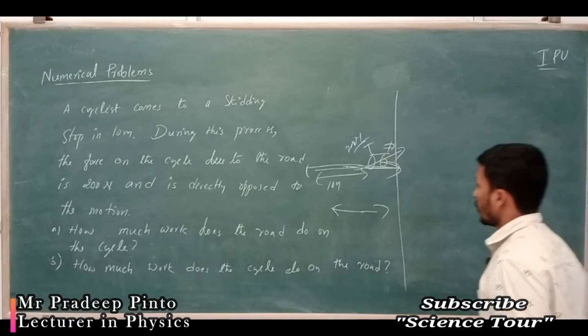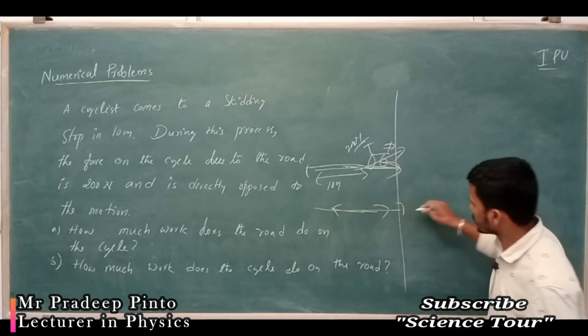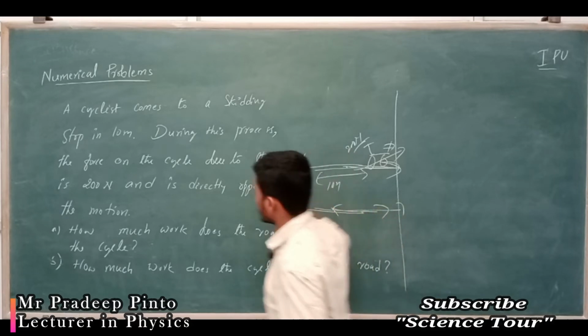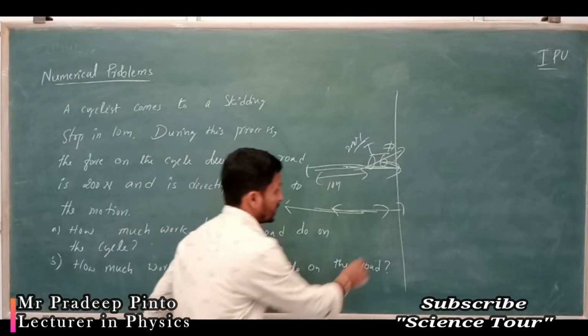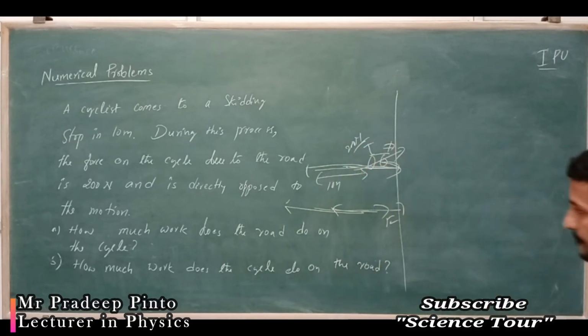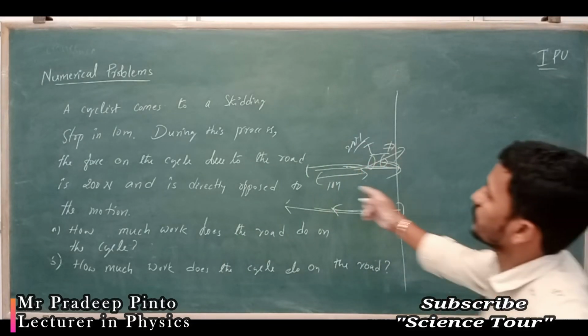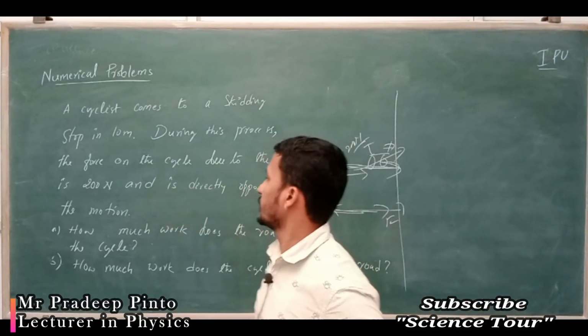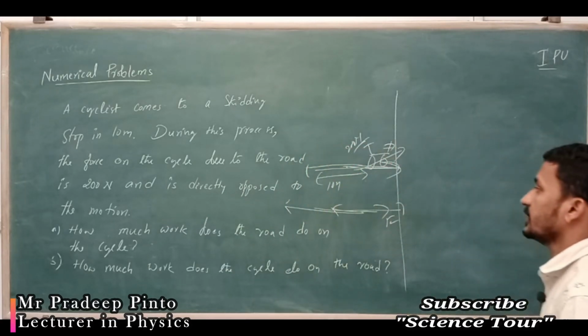So the road will be applying the force in this way, and the frictional force will be in this way. The force due to the road is 200 Newton and is directly opposed